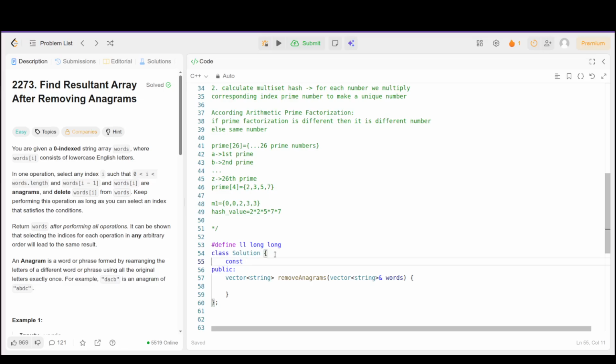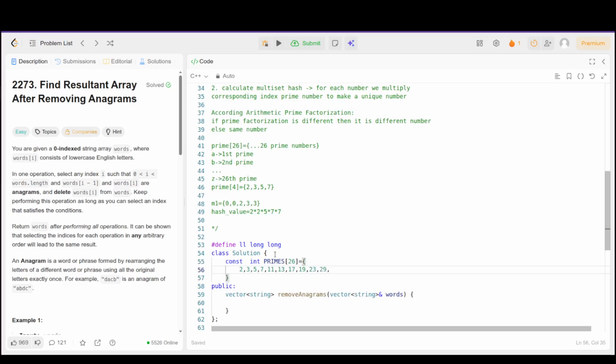So the primes can be a const int primes array of 26: 2, 3, 5, 7, 11, 13, 17, 19, 23, 29, 31, 37, 41, 43, 47,